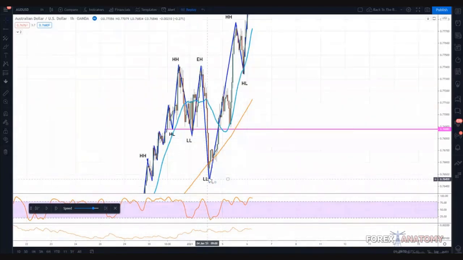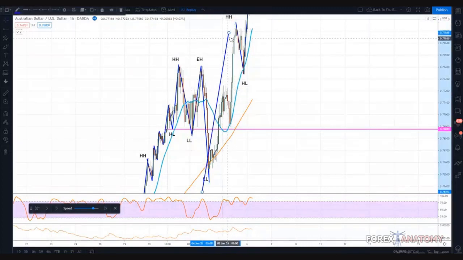Strong move to the downside creates a lower low. And even when price creates a lower low, in this case, we still don't have a buy yet. We need to make sure price creates a lower high in order to know that we're seeing a reversal in price. But in this case right here, we could have been confused. We could have been confused right around here,